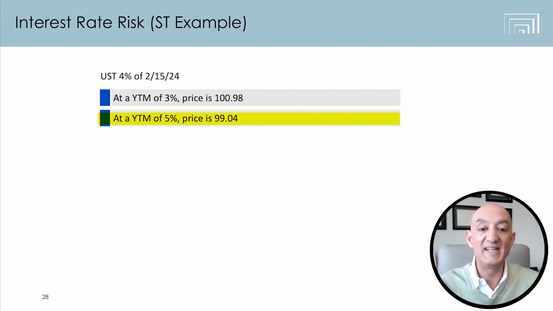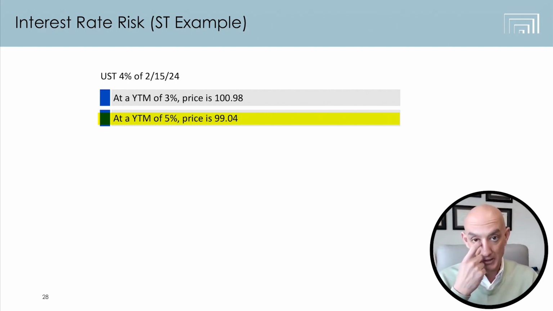So at 99.04, your bond that's paying $40 in interest will have a yield to maturity of 5%. That means a buyer will get $40 in interest, they'll spend $990.40, and in a year will get $1,000 back. All of those put together make it 5%. So if interest rates have gone up, bond prices go down. On a one-year bond, you only have that deficit for 1 year, so it only goes down slightly in price.